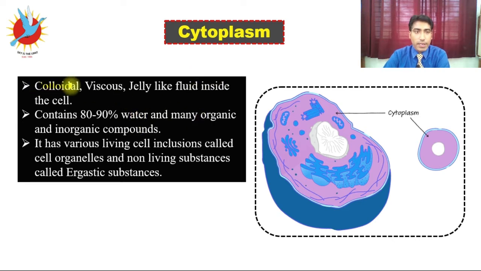Cytoplasm is a colloidal, viscous, jelly-like fluid present inside the cell. Here, this area is the cytoplasm. Cytoplasm contains 80 to 90% water and many organic and inorganic compounds. It has various living cell inclusions called the cell organelles, which means all cell organelles freely float inside this matrix, and